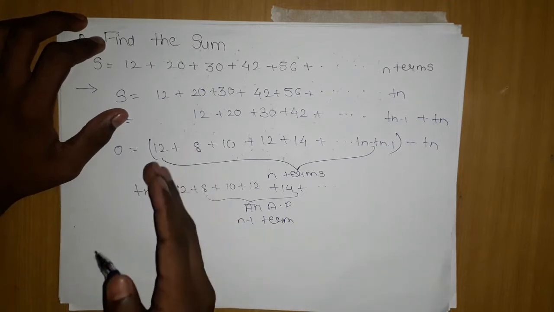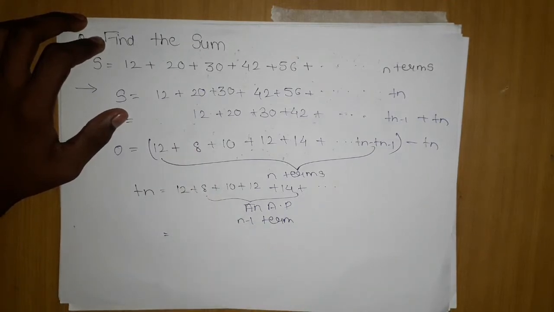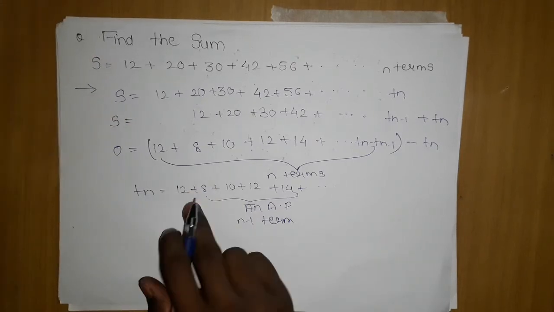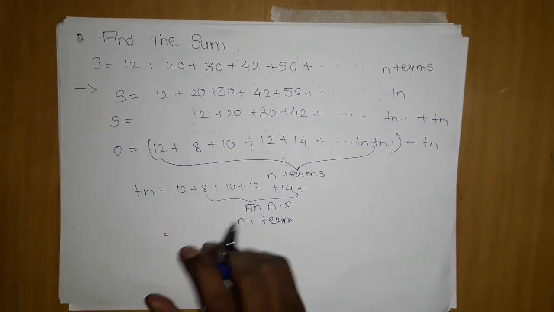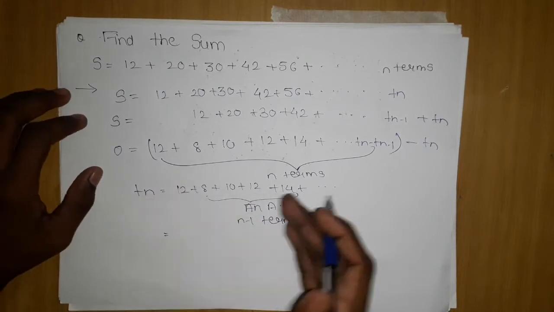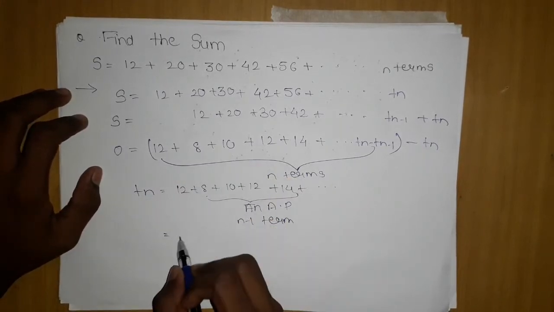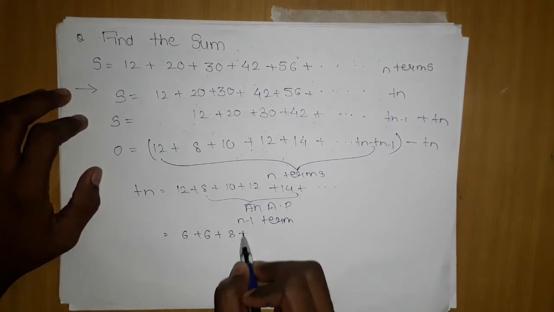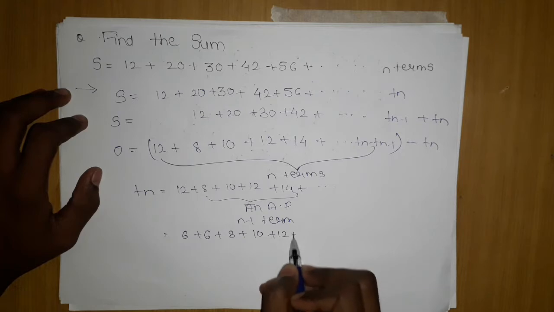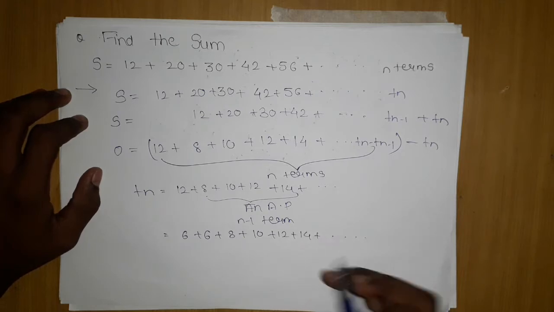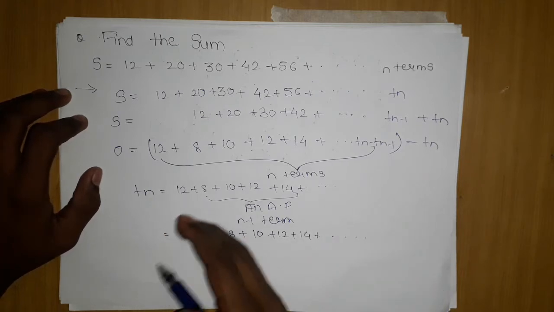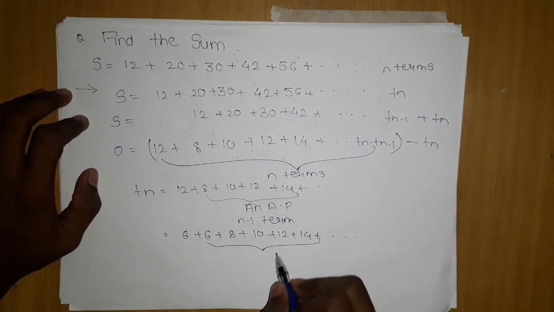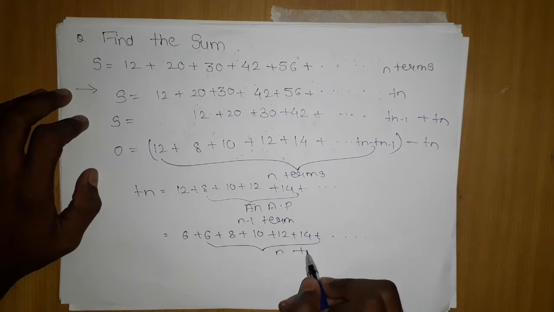One term is here. Now I will break this one term. If you can form an AP with this, try to form an AP with this. Break this term into numbers which can participate in this AP. How? If I break it into 6 and 6, it will become an AP. Don't you agree? Whenever there is a possibility of breaking this number and involving it in an AP or GP, please do that. Now these are total n plus 1 and these are n terms.